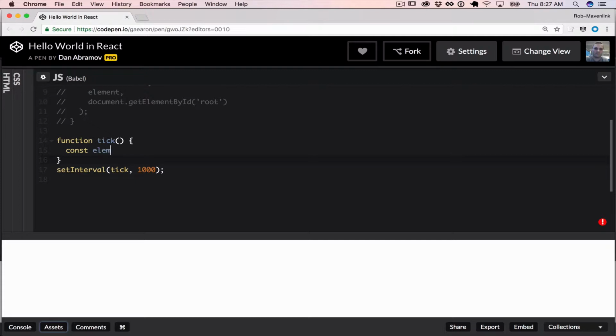So they basically created an element and they did a React DOM render. That was the big picture. I'm going to create an element, and I'm getting used to having these parentheses here. It's kind of interesting for me, and I'm learning as I go with this. You have to return one outer element, as I understand. So I'm going to do their date time thing. So the time is now, and then you have these JavaScript expressions that you can use if you wrap them in curly braces. So I'm going to just do a new date